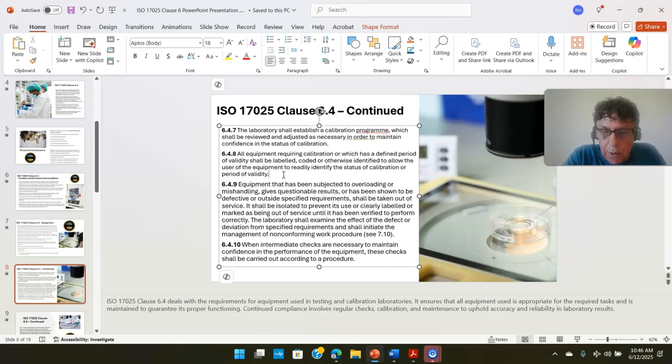Specifically, I'll give you a scenario that happens more than once. I see your balance isn't calibrated. I get the response, well, we have records of the calibration of that, and we're okay with that because it doesn't have to be labeled, but it just has to be identified somewhere. And I'm like, yeah, that's true. However,